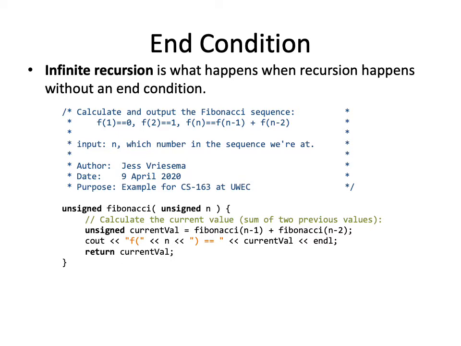So here we have an example of that. This is the Fibonacci sequence, which you may have seen before. In the Fibonacci sequence, you start with the number 0 and the number 1. Those are the first two numbers in your sequence. So Fibonacci 1 is 0, Fibonacci 2 is 1. And then the next number in the sequence is equal to the sum of the two numbers before it. So Fibonacci sequence number 3 would be